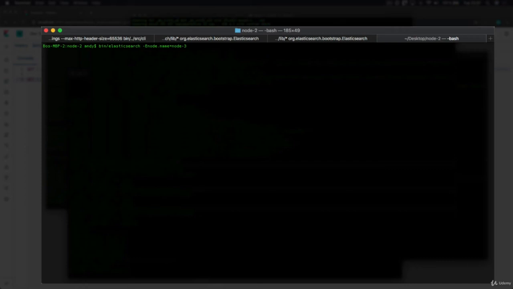Doing things this way, we need to change two other settings though, namely the paths of where the node will store its data and log files. If we don't do this, things are going to get messed up. The settings are named path.data and path.logs, so let's override these two settings as well. Let's store both things within a subdirectory named node-3 relative to the Elasticsearch home directory. So path.data equals the path, and then the path to the log files, path.logs,